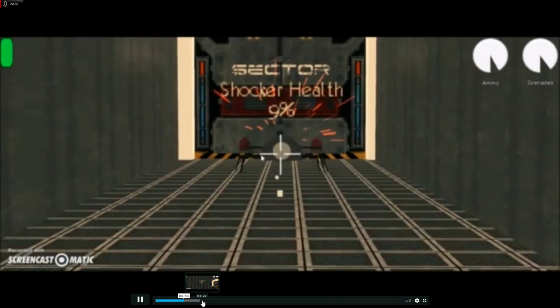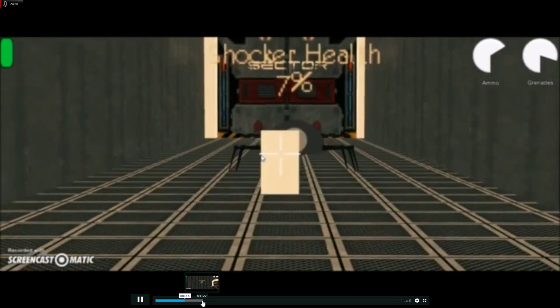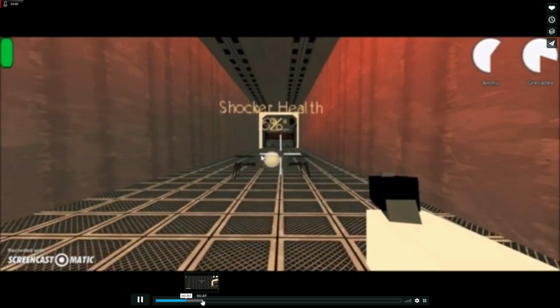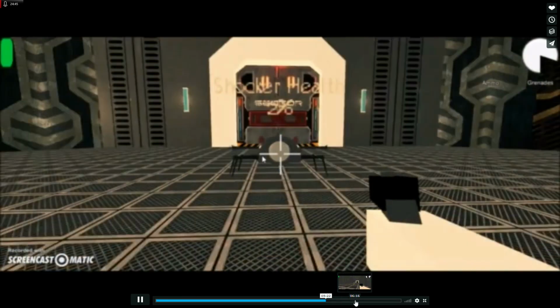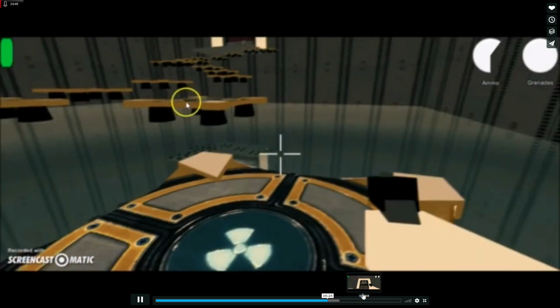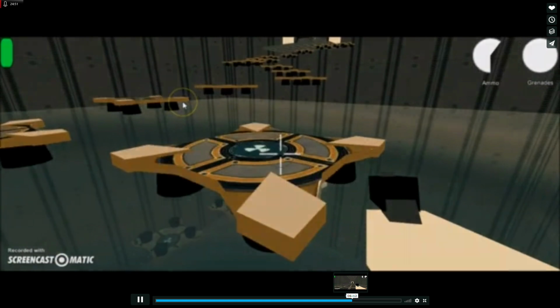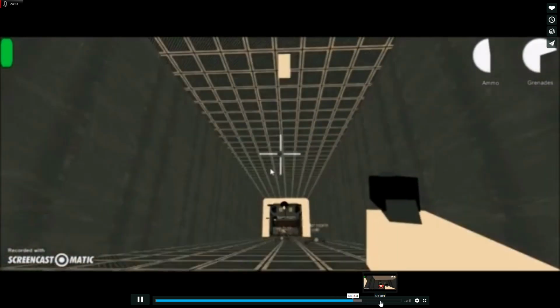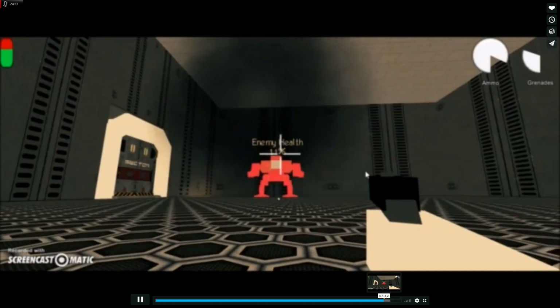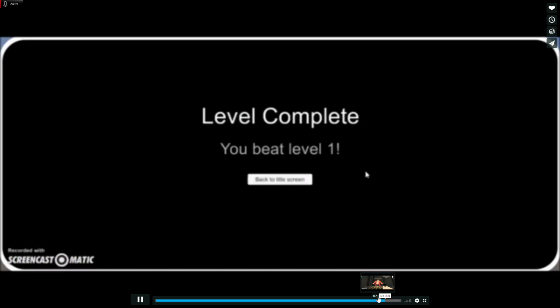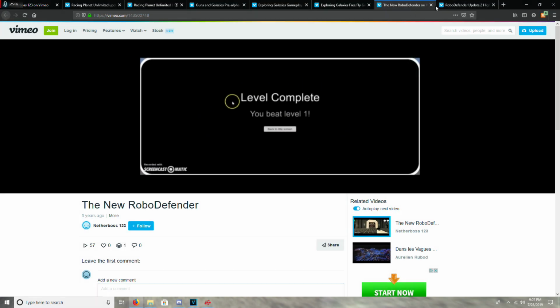And I had these little shockers here, which I don't know how percentages work, so I start on 10% health. Shoot these guys, do that. I'm not going to show you the whole video because it's really long. There's some platforming here. I think there's a couple drones too. And then as a boss, I made it so you fought the robot from that original game. And when you beat him, it took you back to the title screen. I wish I still had this because that would be fun to play.